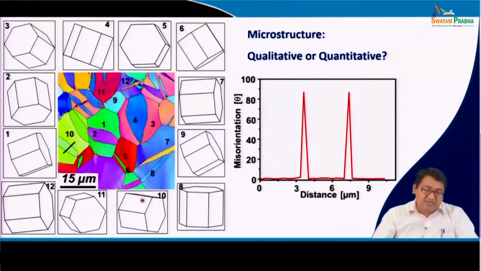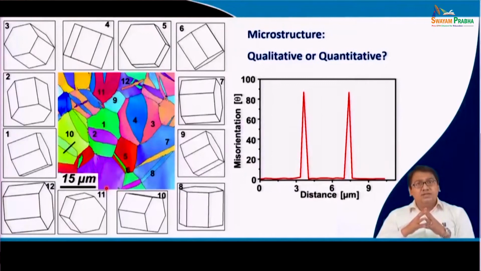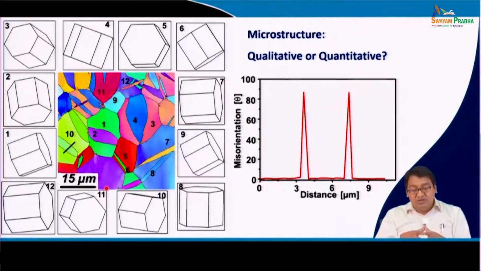So, you see here is another piece of information that we can obtain. Here is a quantitative microscopy microstructure obtained by scanning electron microscope by the electron backscatter diffraction method. This is the microstructure of pure titanium, a biomedical grade titanium, and we are doing in-depth work on this. We are understanding how to increase the strength, so that a thinner section could be used in the human body when required, without alloying with vanadium and aluminum,